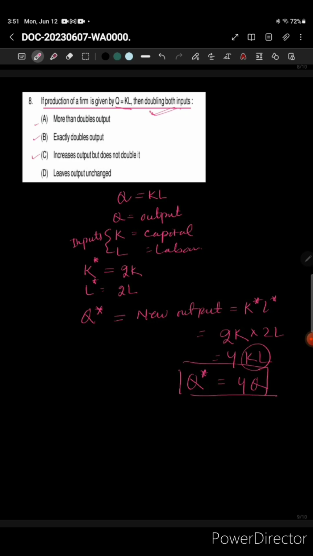And just go to the options. So the options are: more than doubles output, exactly doubles output, increases output but does not double it, leaves output unchanged. So here we have found Q star equals 4Q. That means option A is the answer. So in this way you can also give the answer. But previously I discussed this question by linking it to homogeneous production functions, because there may be questions like,